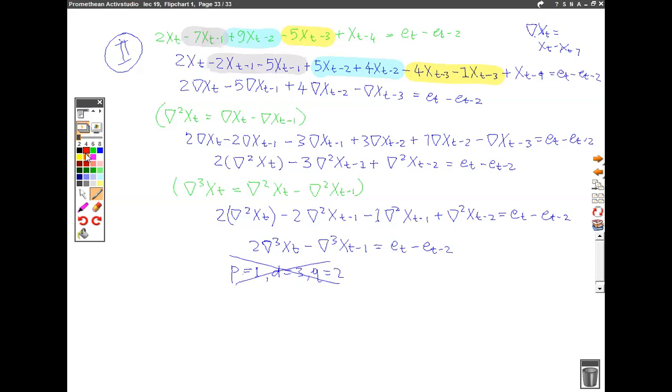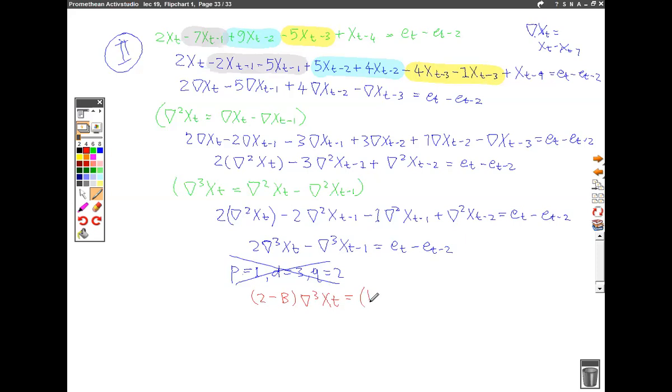So what I will do is, I'll write my nablas as 1 minus B, and I will have this in terms of the backwards shift operator as well. Now I will write this as (1 minus B) cubed, and I will take that out as common. So maybe just to start off with, I will write this as (2 minus B) times nabla cubed Xt equal